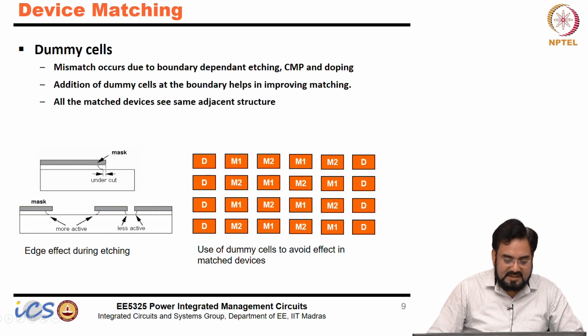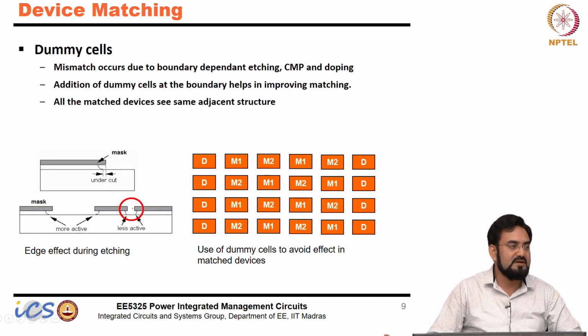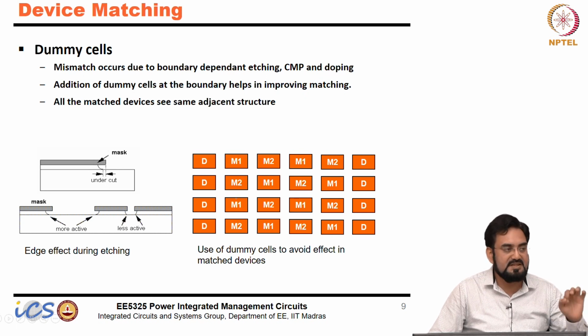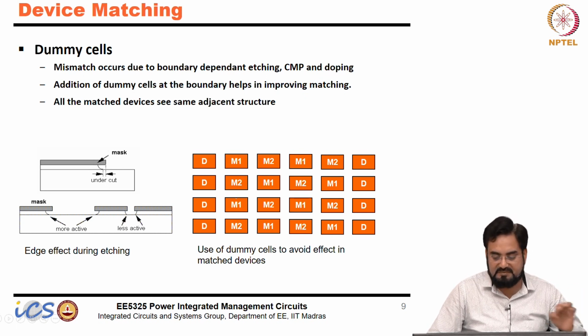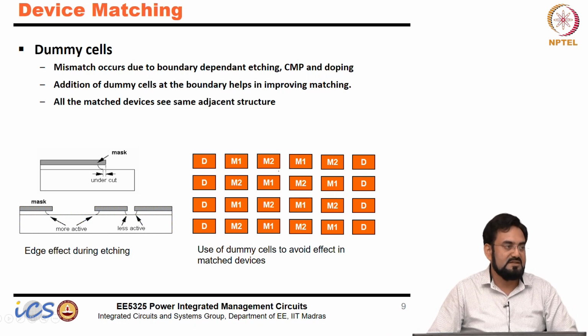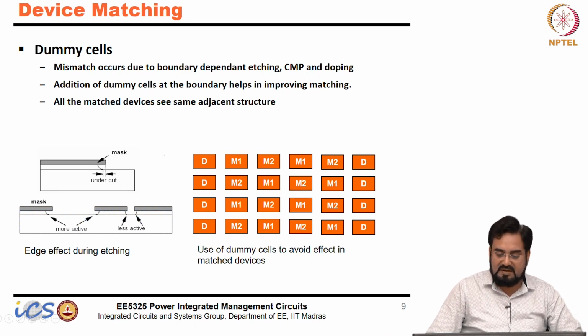So during etching, what happens, it may undercut, and if let's say this device is not, another device is placed far away from here, and if you place it closer, then this etching may cause more undercut compared to if you have it closer. So if I don't have any dummy here, the undercut here might be different compared to M2, and so it won't be matched there, it will create a mismatch. So that's why you want to create the same condition for all the devices to make sure during fabrication they are perfectly matched.